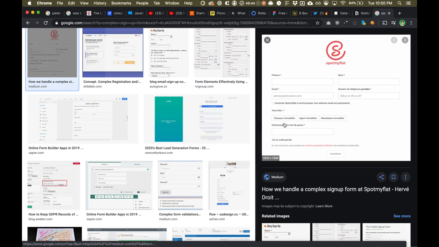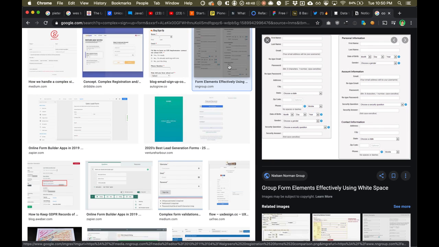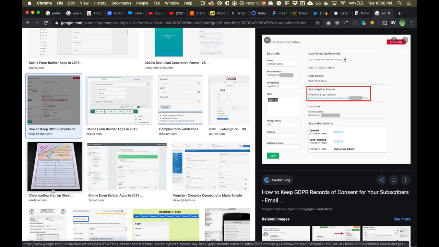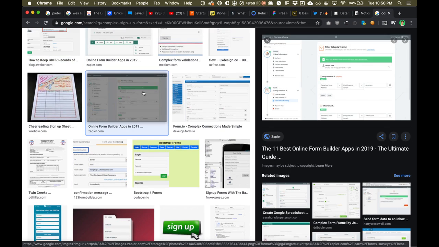But like here, that's in French. But like this, people aren't going to want to read your little helper copy on your sign up form. They just want to get into the application, start using it.